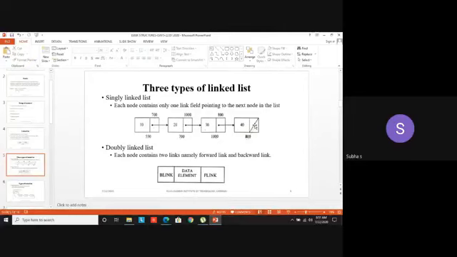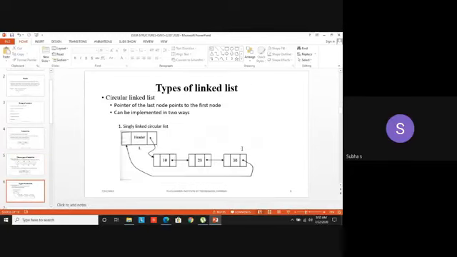Because in a singly linked list, normally if the next pointer of a node points to null, that means it is the last element. There is no last element in the circular linked list. So the last element's next pointer, this 40's next pointer, will be connected to 10. So that is the circular linked list.